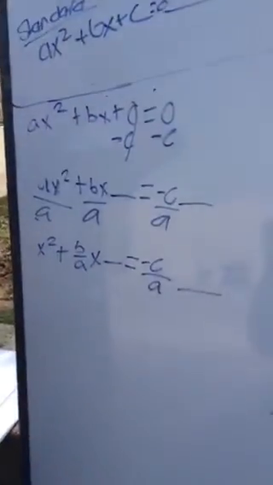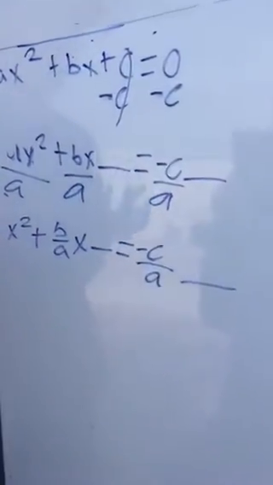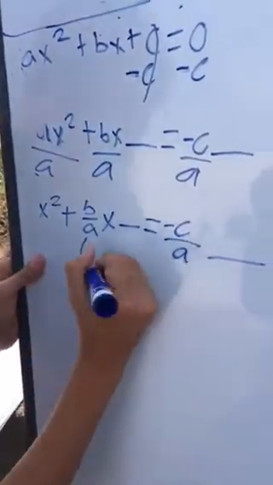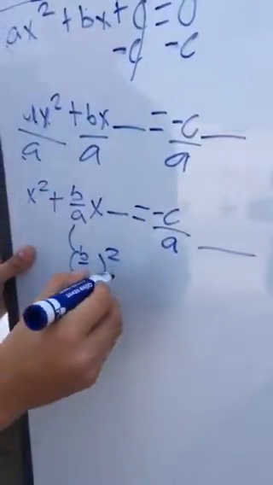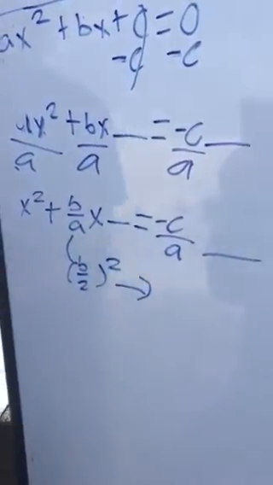Now, what we're going to do here is plug in our binomial formula, which is b over 2 to the power of 2. So we're going to plug it in, and we are going to get,